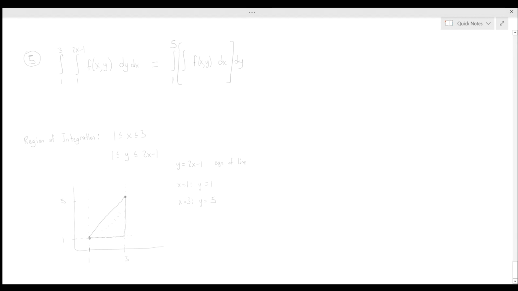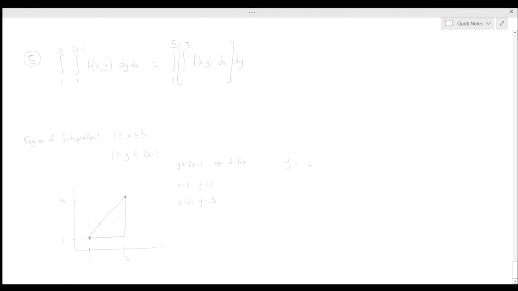So we're just going to have 1 to 5 for y. Now for x, inside the region, x is bounded below by this line, and then bounded above by 3. So I'll put in 3 for the upper bound on x. And then the lower bound is this line,